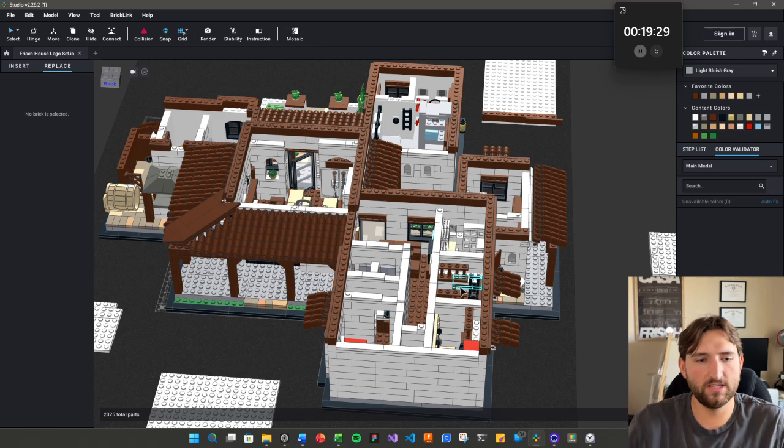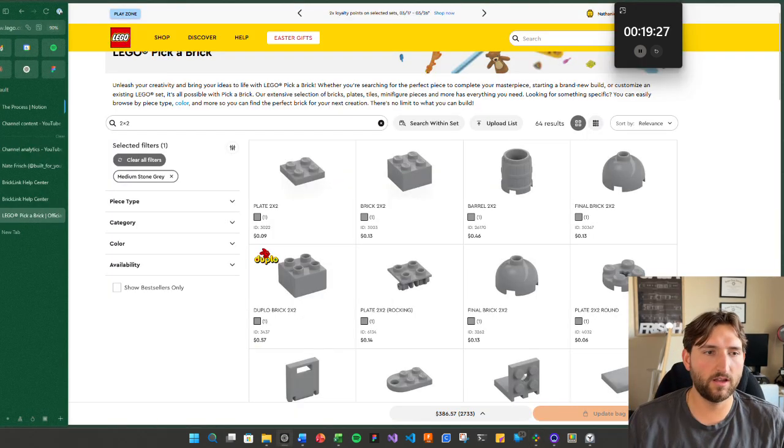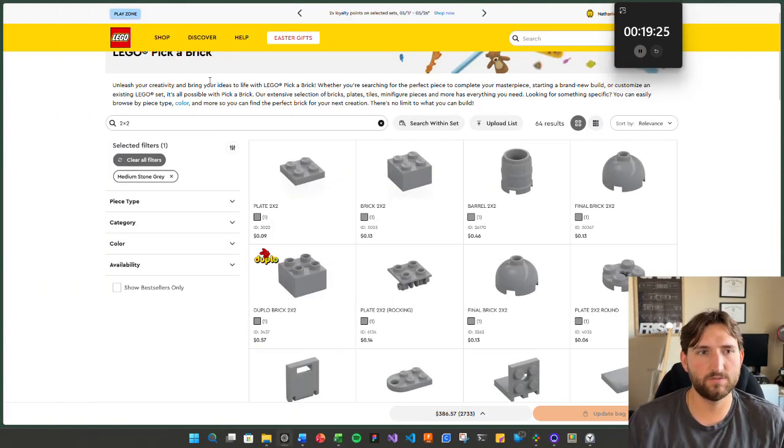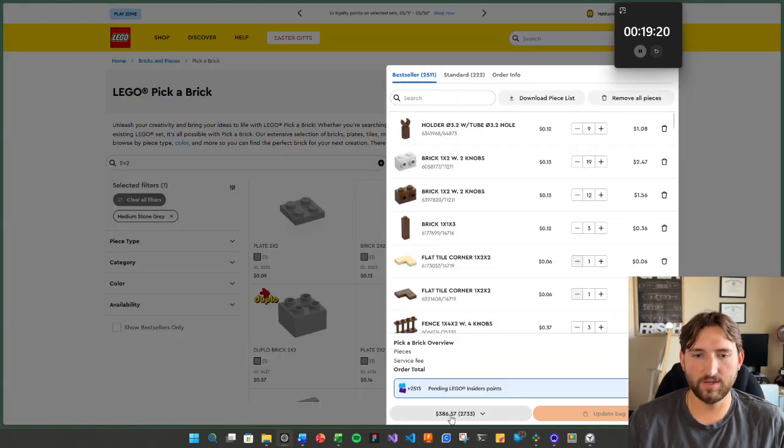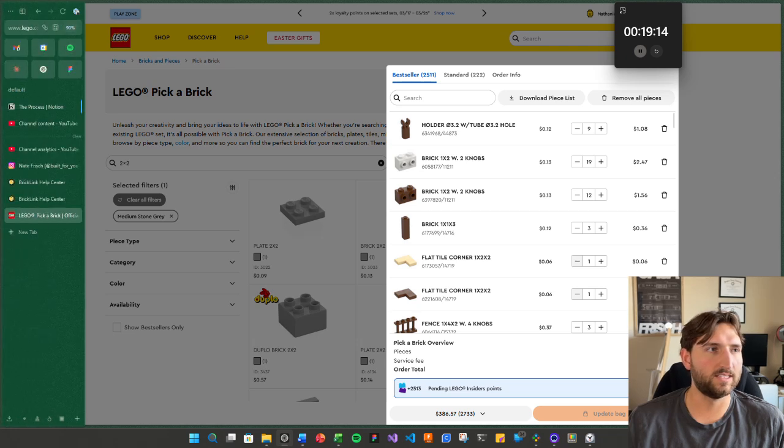So the first thing I did was one of the comments let me know that you can just pick a brick from Lego directly, which is huge. When I did that, this isn't all the pieces, but it brought the cost way down on a lot of these. The second comment that I found that was super useful told us that